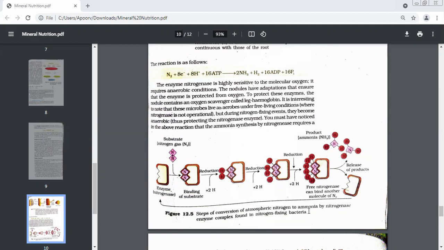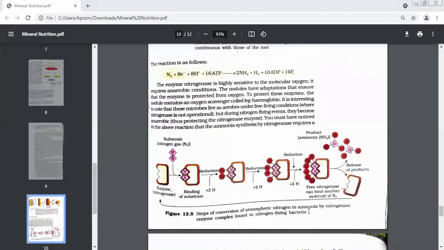What is the special, unique characteristic of this enzyme? It has its own conditions to work. Okay, it's like you people. When mama tells you some work, you have your own conditions. Okay, I'll do this, but only if this is there or this is done. You people do this or you don't do it at home.